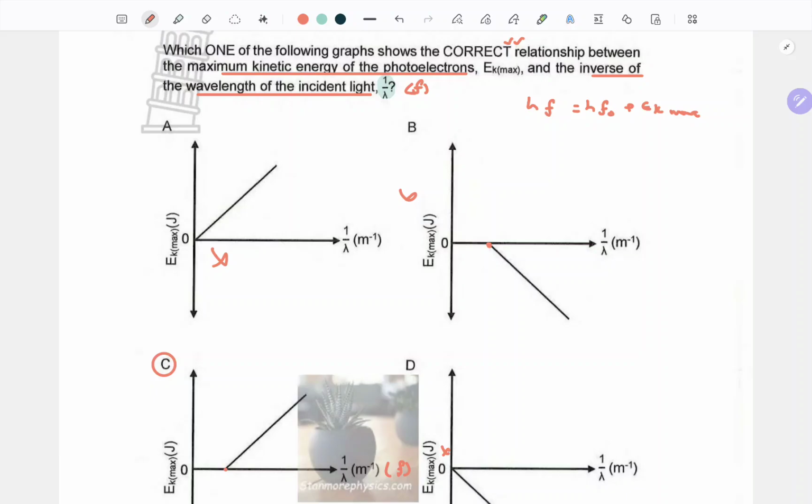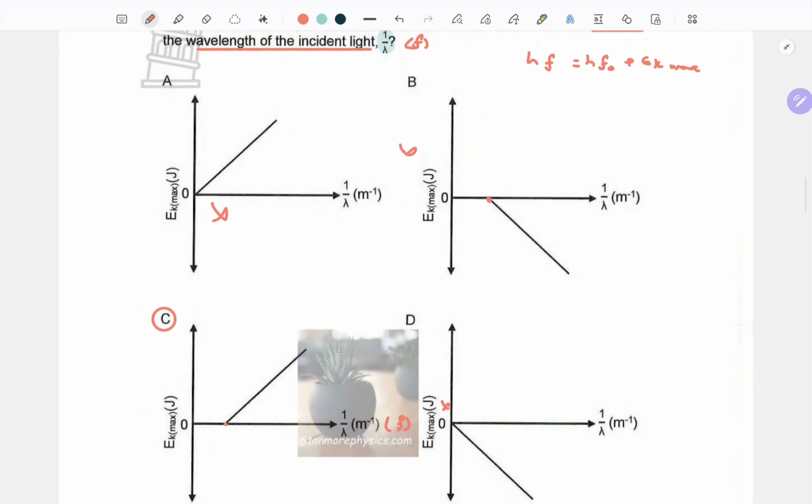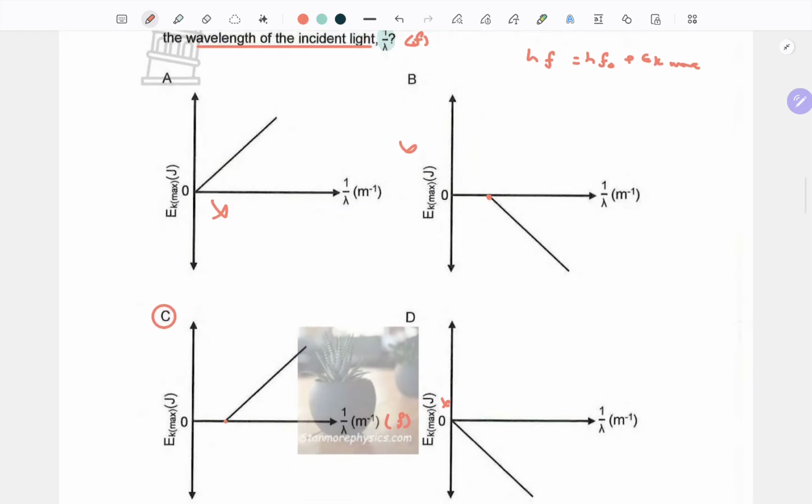Right. Now, let's think about this. What happens here? We are talking about the inverse of the wavelength. So how did we get that? We got it from another equation which says c is equal to frequency times lambda. Now, if we isolate frequency, we know that frequency is going to be c, the speed of light in a vacuum, divided by the wavelength. And if we refine this equation further, we can actually take c as a common factor and remain with our lambda like that.